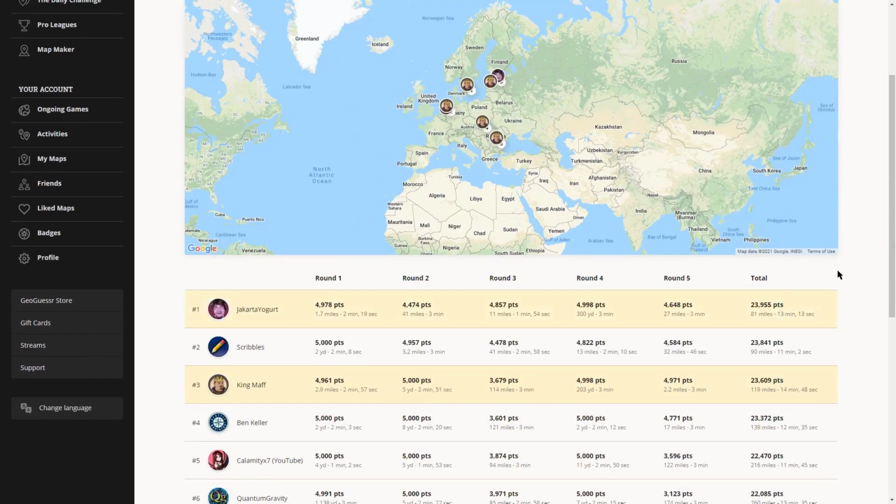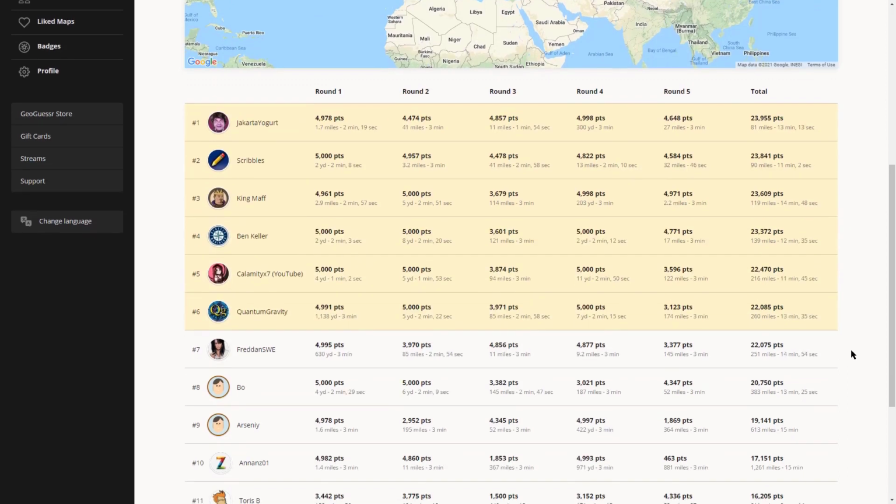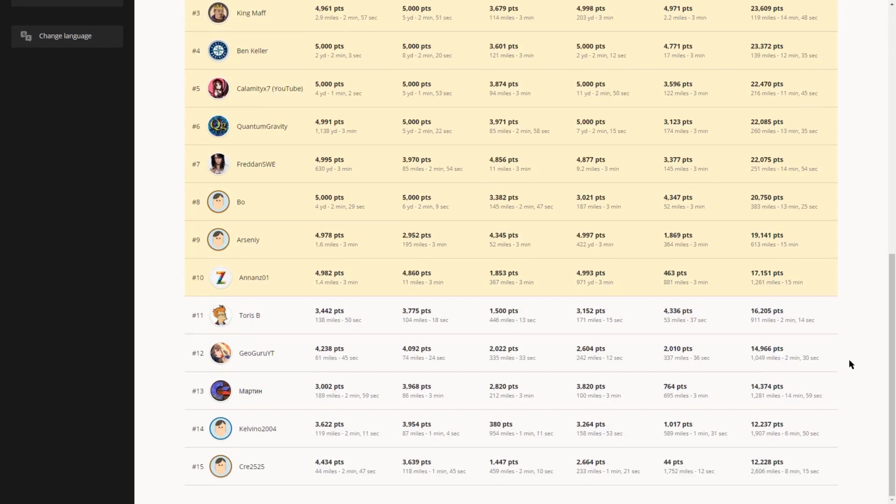So Jakarta in first place, 23,955. Scribble's not too far behind in second. We lost by 300 points in an EU map. I think that means we're getting better. Scribble's in second, 23,841. Ben Keller in fourth at 23,372. Calamity coming in fifth at 22,470. Quantum Gravity in sixth at 22,085. Fredan, I'm bad at pronouncing names, I'm sorry, in seventh, 22,075. Bo in eighth at 20,750. Arseny in ninth, 19,141. Anon in 10th,